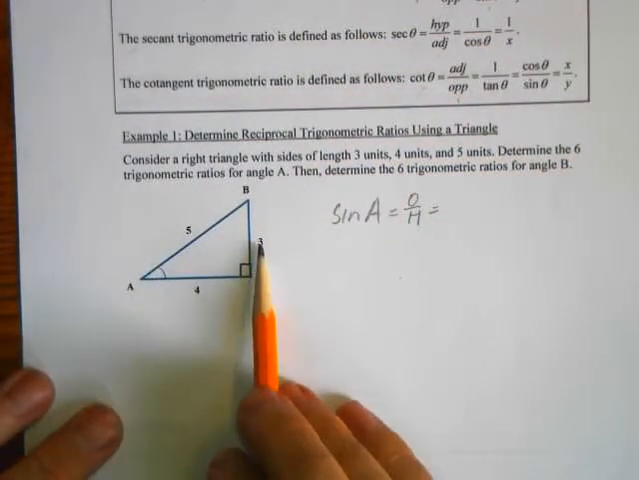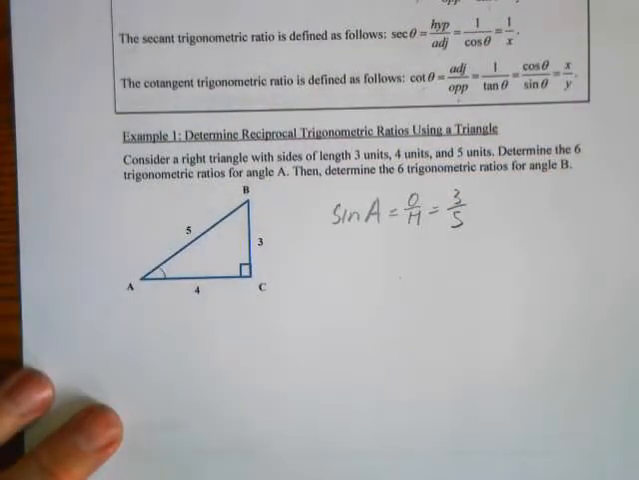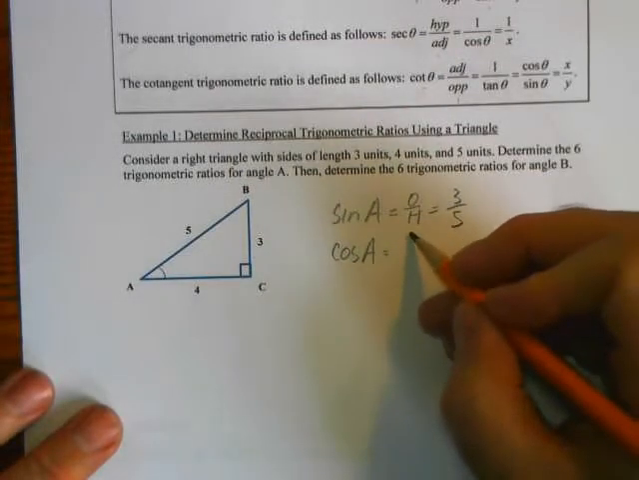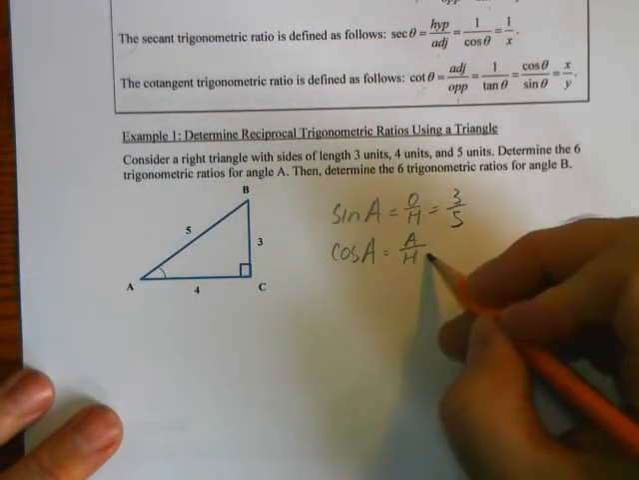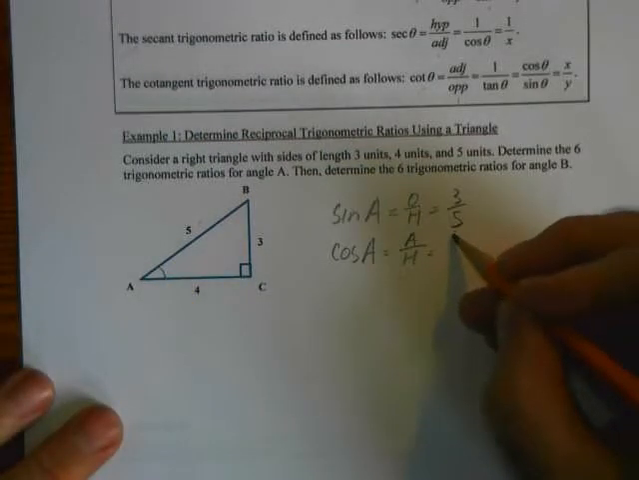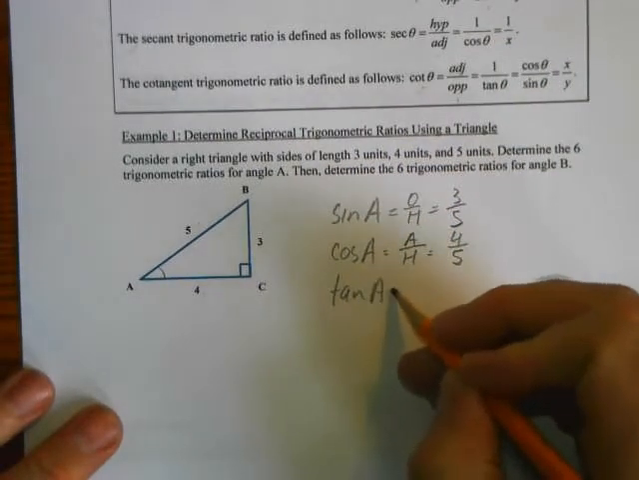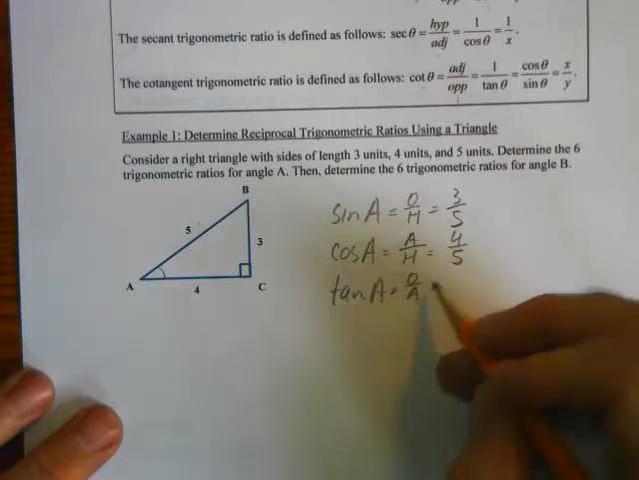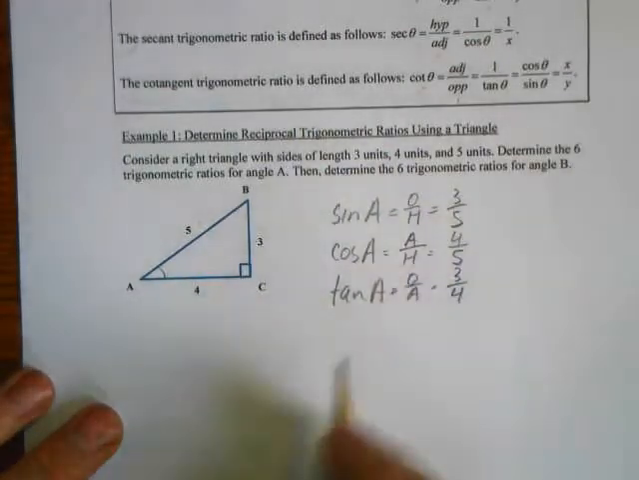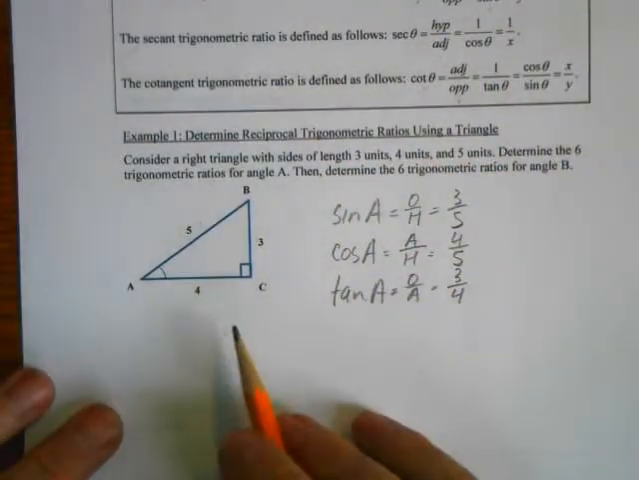So if I'm looking for opposite, that's 3 over 5. Okay, I would do cosine A is adjacent over hypotenuse. So adjacent side for A is 4 and hypotenuse is 5, so 4 over 5. And then tan of A is opposite over adjacent, which is 3 over 4. Okay, so before we do B, let's do the other three, the new ratios